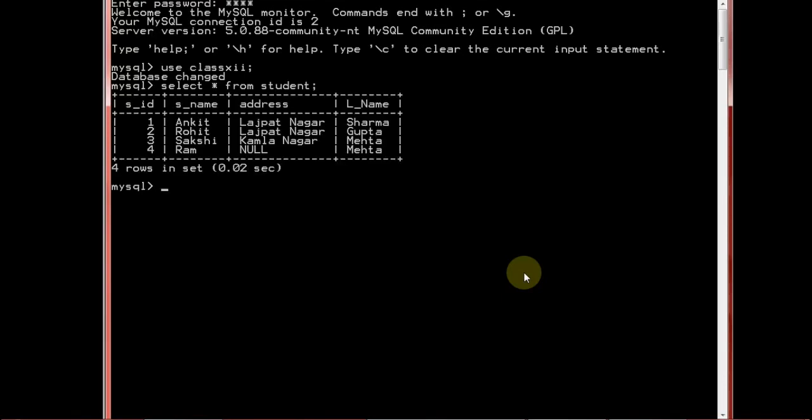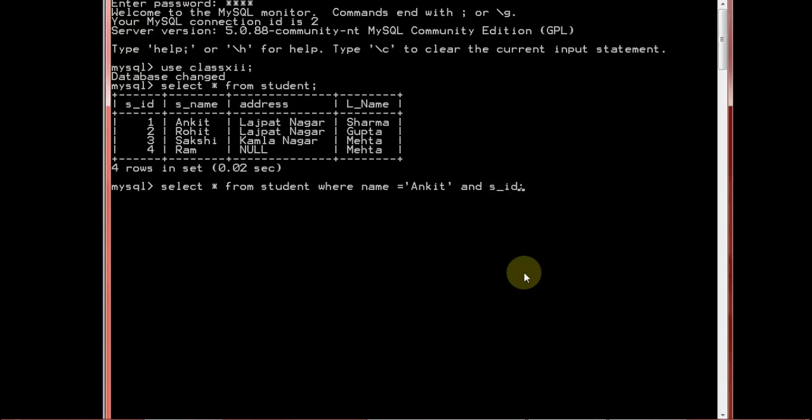Within this table I want to apply the AND condition. So how can I apply? Just see, I want to see the records of the student where name equals Ankit, and